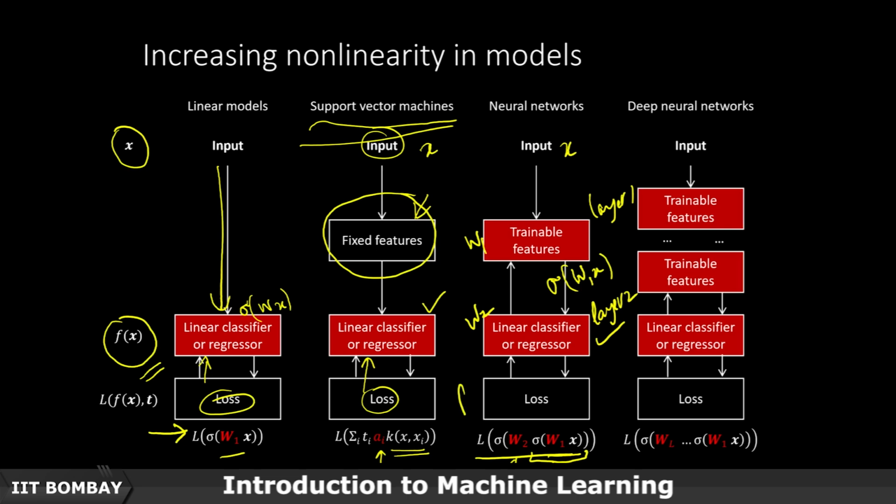This output is again f of x, but the form of f of x is slightly more complicated than the previous form that we saw for linear models. Here the form is such that it has layers of functions within functions, and we can actually extend it to more than 2 layers. So we have x, and what we compute here is sigma of w1 times x, and then we have another layer where we will have w2, and then we will have sigma of w2 times sigma of w1 x,